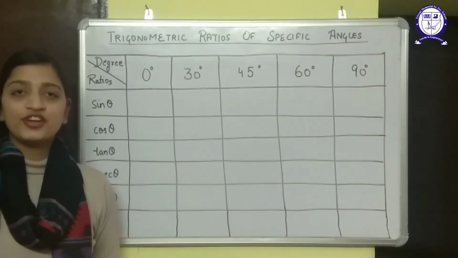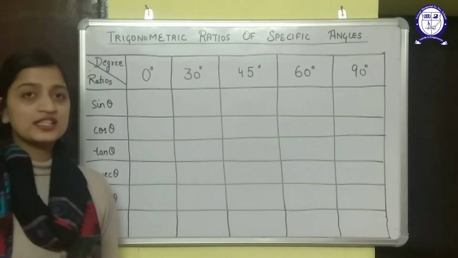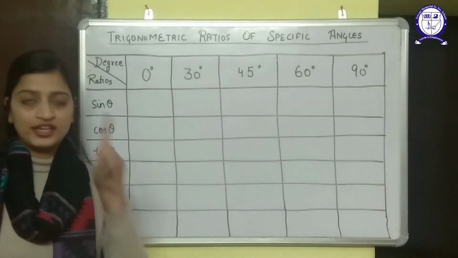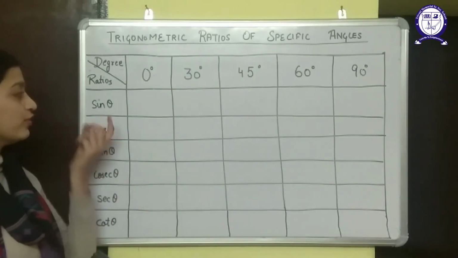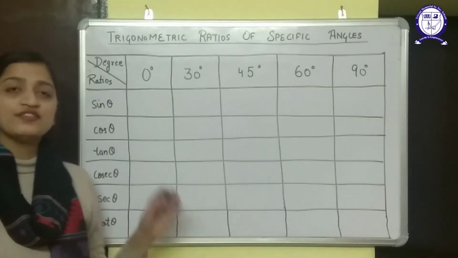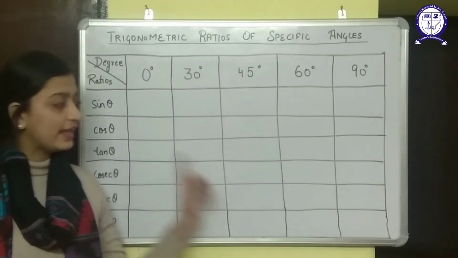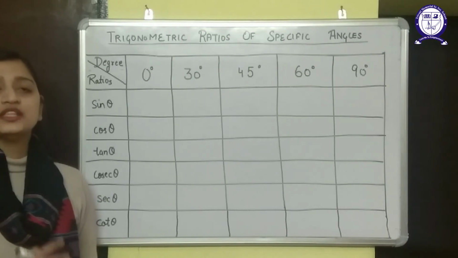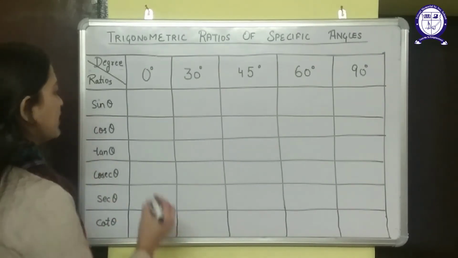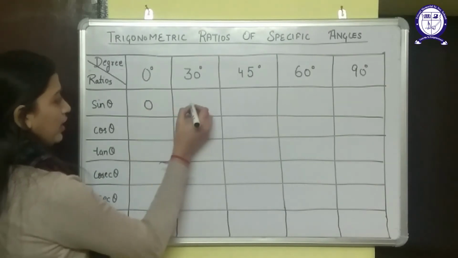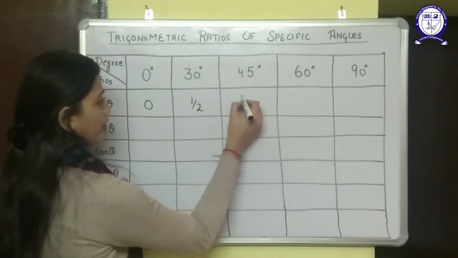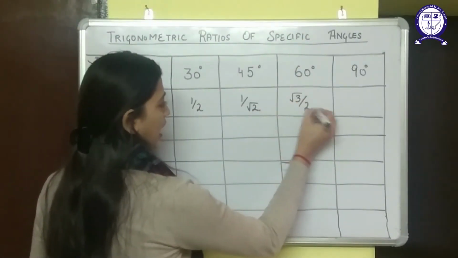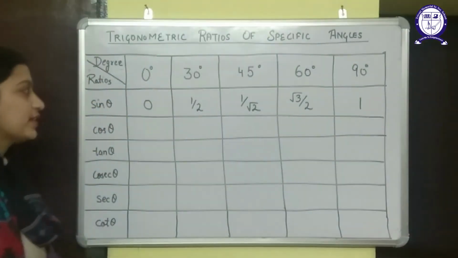Every student has a different way of remembering this table. Now I'm discussing with you my way of doing that. First of all, I only remember the very first line of this table, that is the value of sin theta at each angle, and with the help of sin theta I can find each and every value after that. So basically I only remember the line of sin theta: 0, 1 by 2, 1 by root 2, root 3 upon 2 and 1.